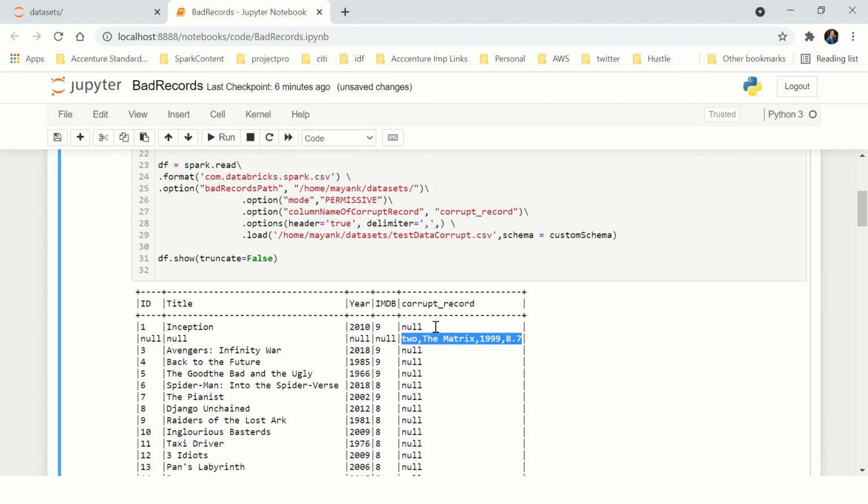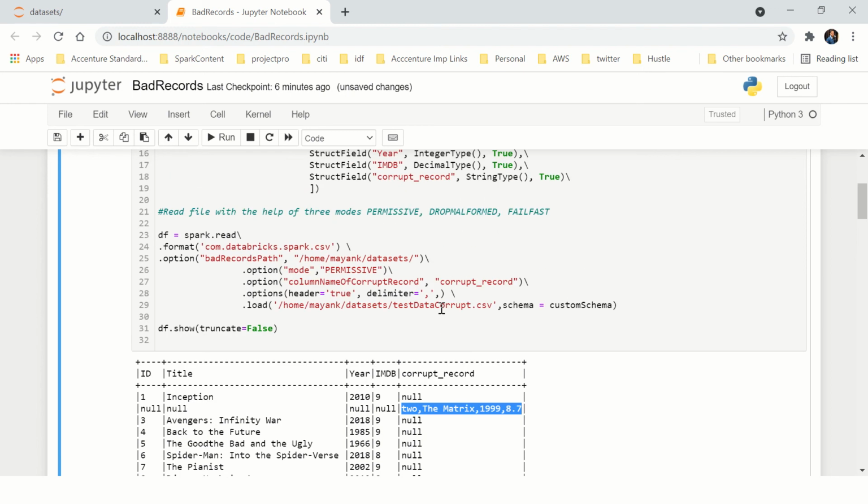So this way you can separate the malformed or corrupt records from the file itself, and instantaneously you will know what the corrupt records are. You don't need to write regex or some kind of code. You don't need to write all of that, it happens at the very beginning, at the loading step, so you can identify them. After that, if you want to write it somewhere, Parquet, some data files, MongoDB, whatever the requirement is, you can write it somewhere.